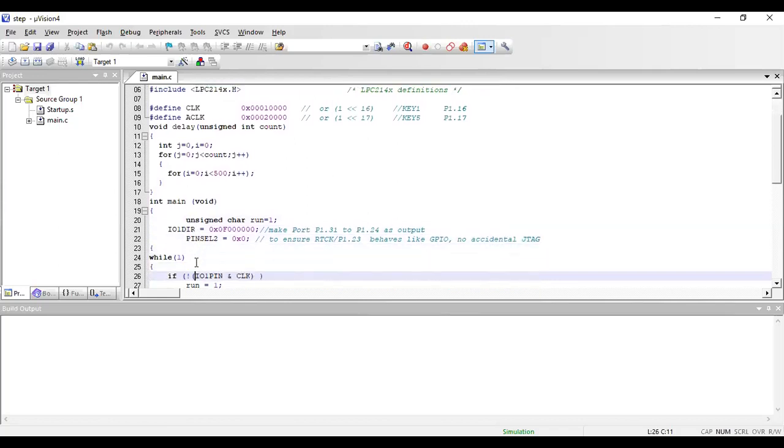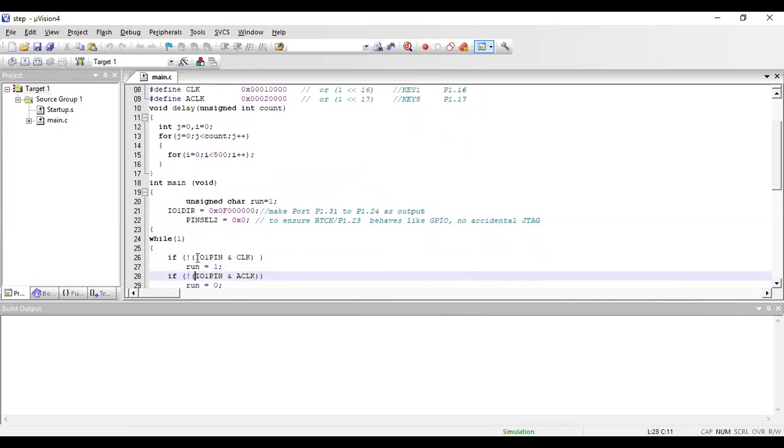Initially, we have initialized the direction. That means all the pins are made high, so that it is performing an output operation. Because it is port 1 24th bit to 27th bit or 31 bit, we are using pin select 2, and I have explained that in the explanation. So this is the code we are doing.